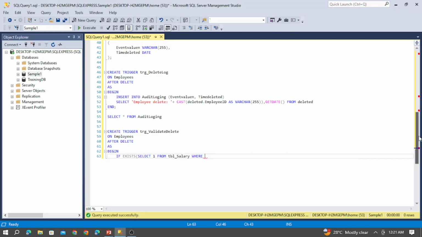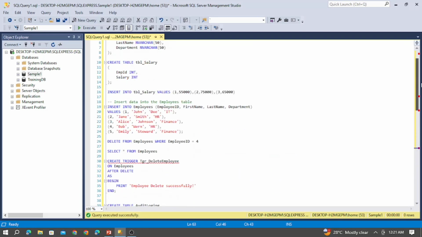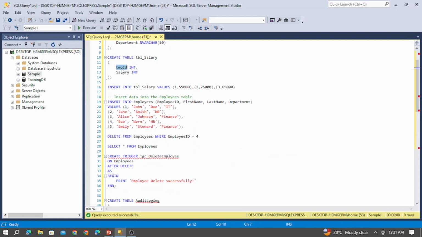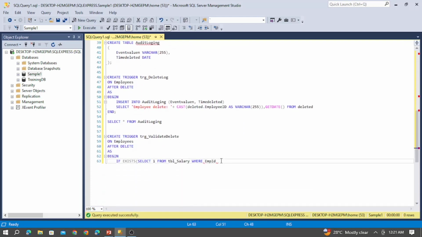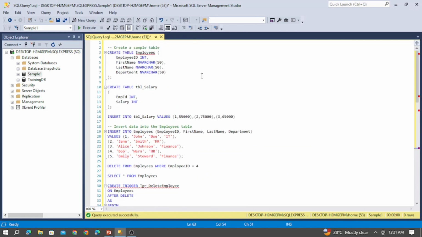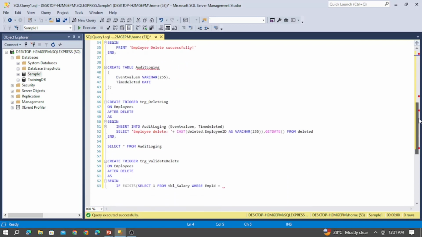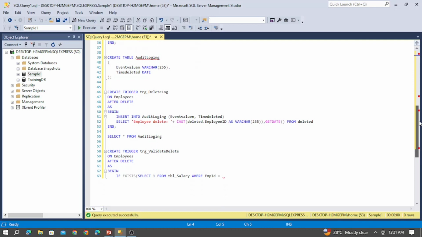Here we have an emp ID, so you can provide this emp ID equals this employee ID. Here I need to check whether this employee ID is present in the employees table. So here I have to select the values from the